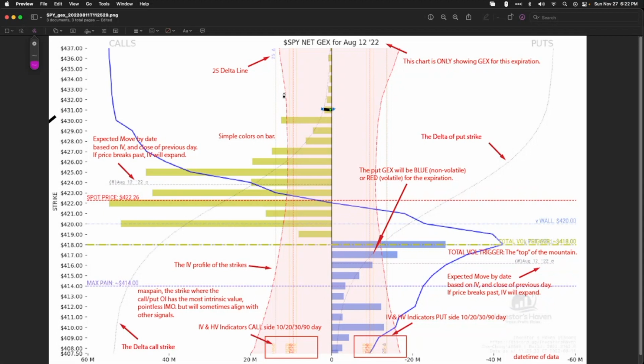That's the IV assumption you make too, because, is there enough juice really to get up there with the IV where it is? You'd have to make that assumption based on what you're looking at there, because it shows the IV and historical vol indicators. So that's super useful in deciding, hey, is IV still elevated here? And if it is, why is it remaining elevated? And then you can look for risk points, maybe to get short.